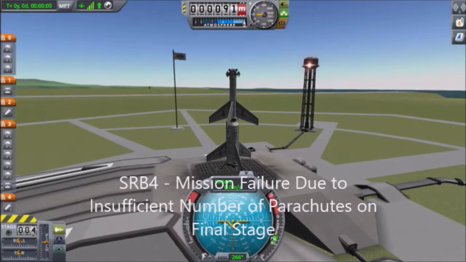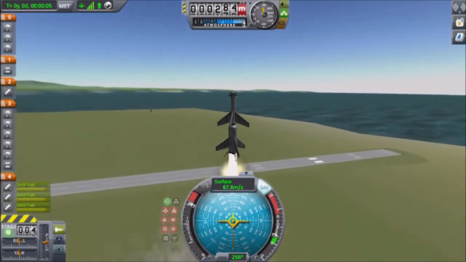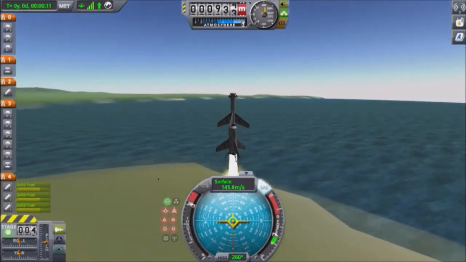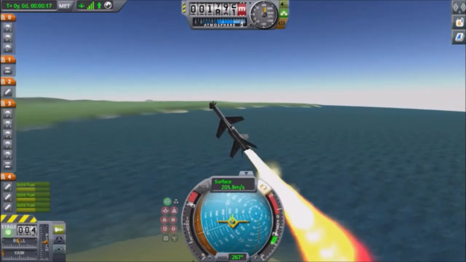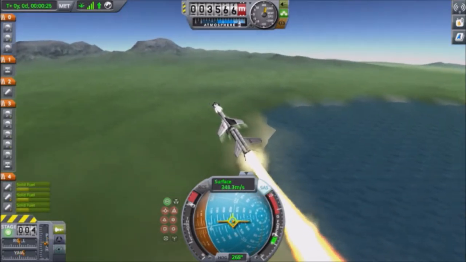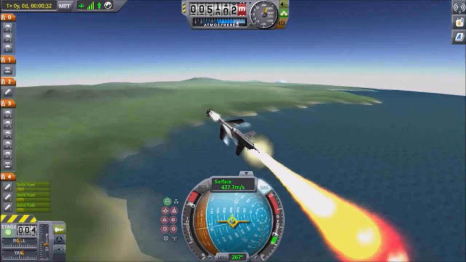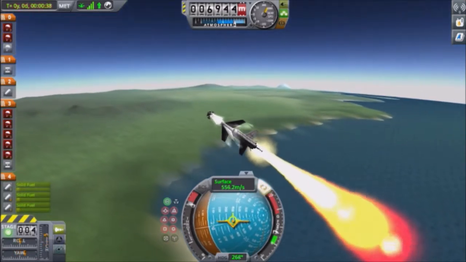So SRB 4 launch was a very problematic launch. It wasn't just a failure because of the final stage not having enough chutes. There were several issues. For one, with the SRB4, we noticed a key issue where we had trouble with control on these crafts. It was the first model to have this major issue because we were trying to be ambitious with this one. We made slight changes that made it a more powerful rocket, but also we didn't put enough chutes